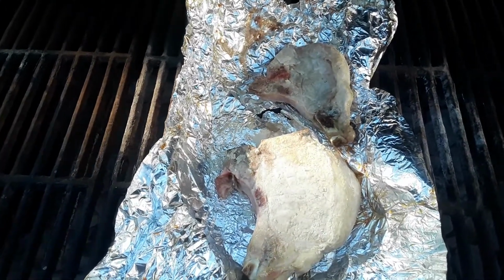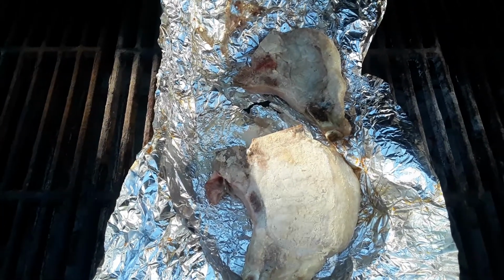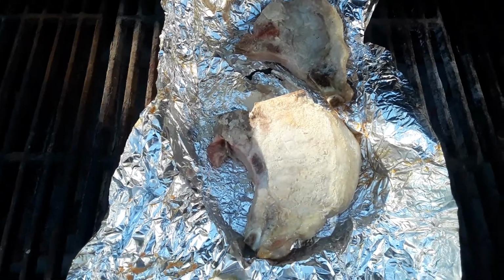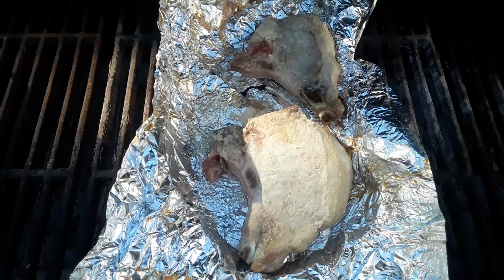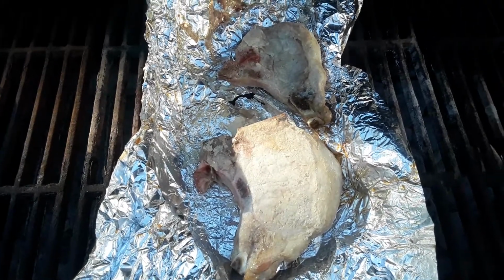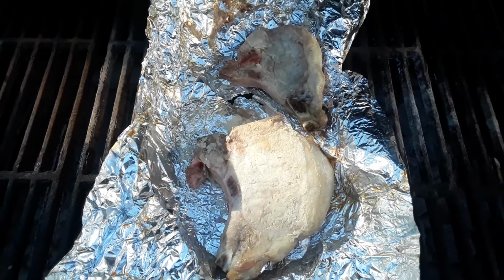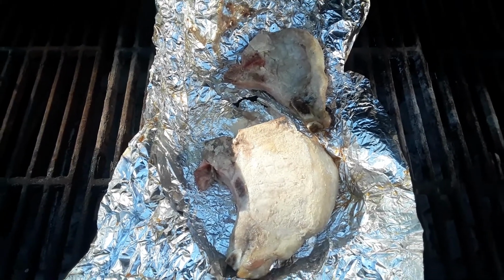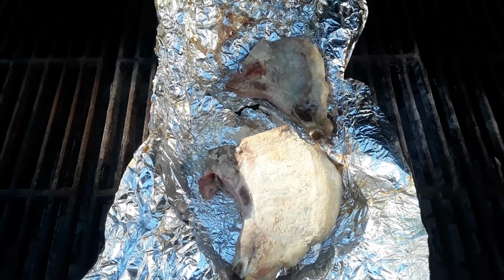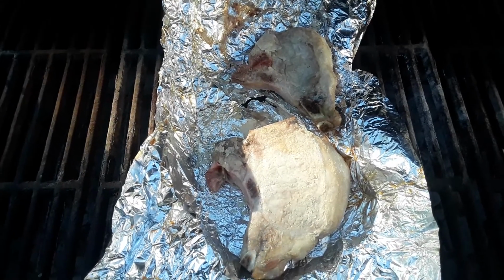I was calculating. I bought these pork chops, and just so happened in the meat department where I shop, I know the guys. They know I come in there looking for deals. And the one guy said, hey, do you mind ugly pork chops? I said, no, they don't even have to call me in the morning. Well, anyway, I bought 8 pounds of pork chops for $5, which equates out to about $1.50 a pound, or